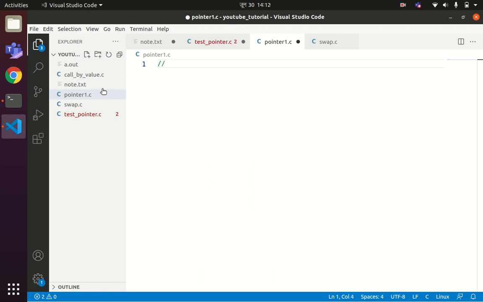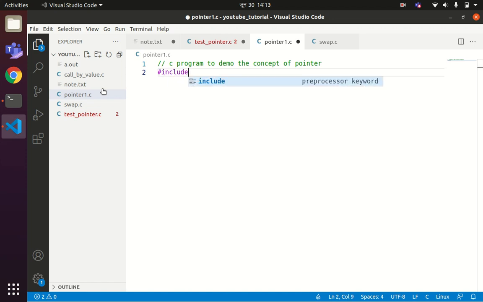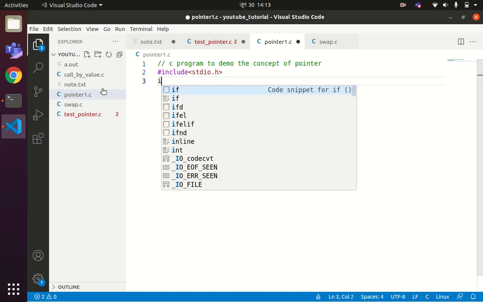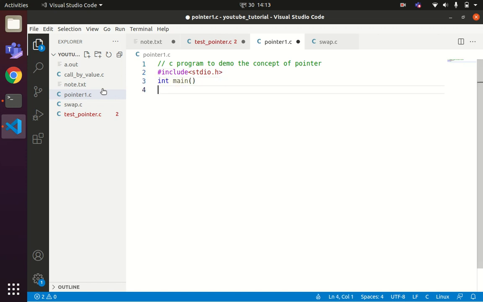So, a C program to demo the concept of pointer. #include <stdio.h>, int main. Now let us say I have declared one variable called a with value 10.